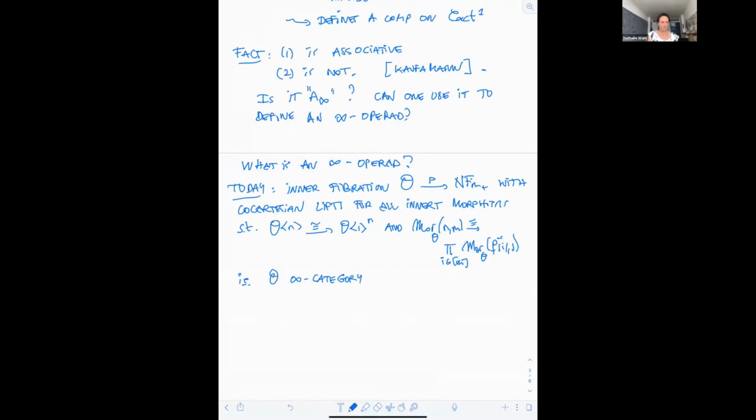And what the definition is saying is that this category looks like what used to be called the prop, I would still call the prop associated